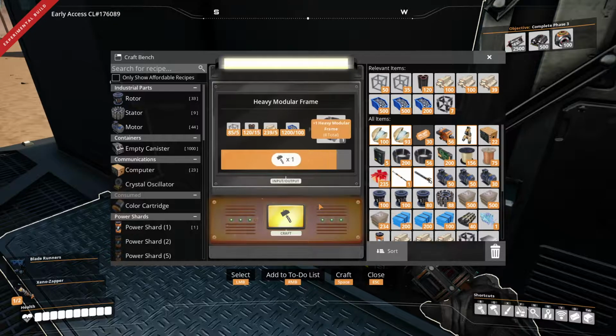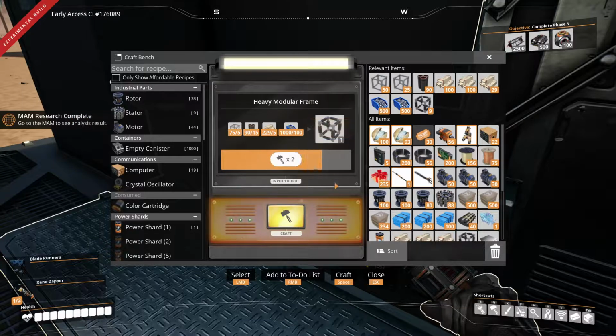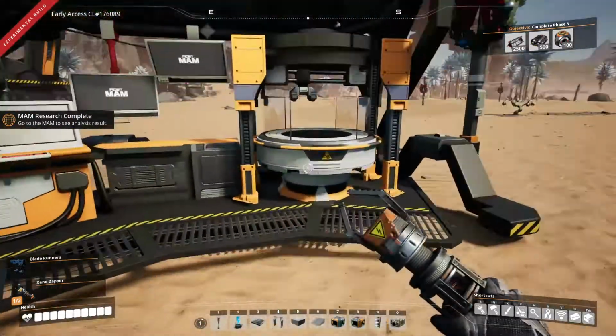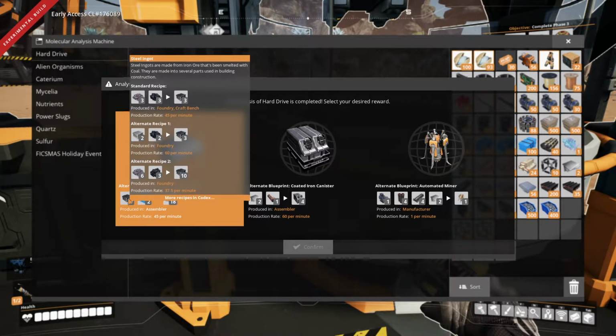Just to start getting a bunch of. Oh, our MAM is done, so we're going to check that in a second. There we go. It's 10. That's all we needed. What do we have here? Don't need this. Again, here you're using, geez, steel-coated plate. This is so weird. Using steel and plastic to make... That's so weird to make...